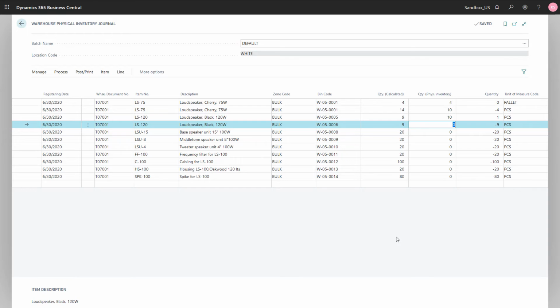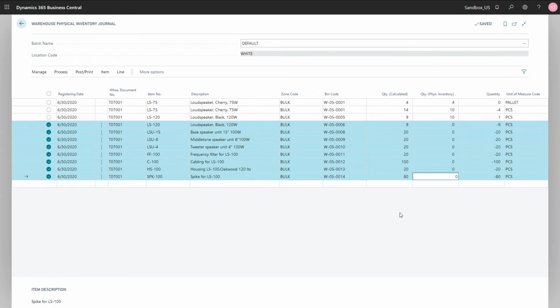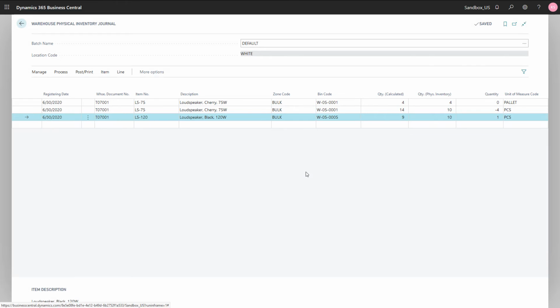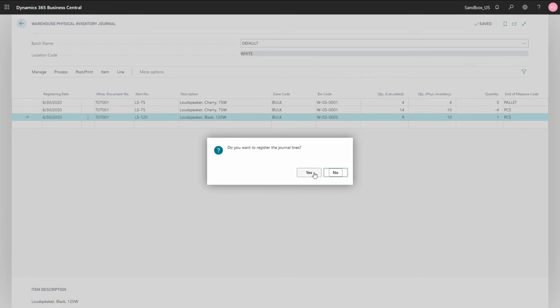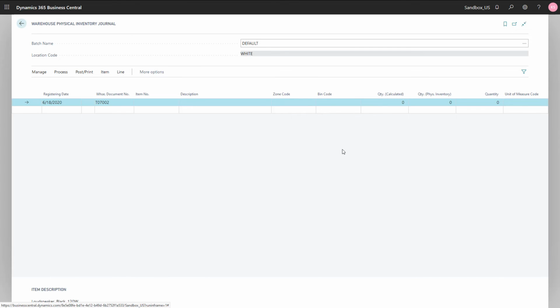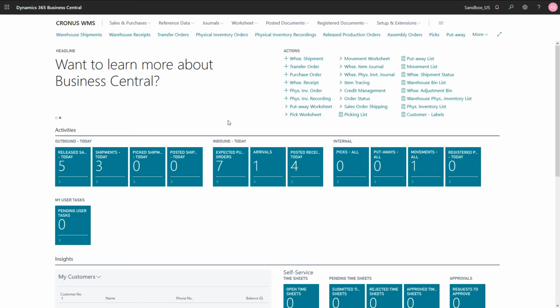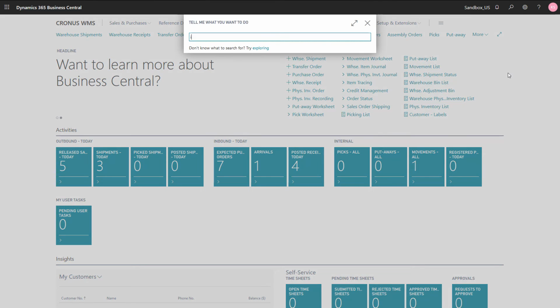Now to demonstrate this, let me delete these lines. So now we just have the lines for which we processed the physical inventory, as you can see here. Next, I will register, and notice it's again registering and not posting, which means that just like with the warehouse item journal, these differences now have been moved to the virtual bin, and the bookkeeper or the inventory manager can go to the item journal once more